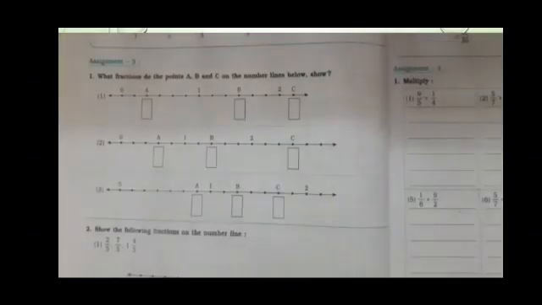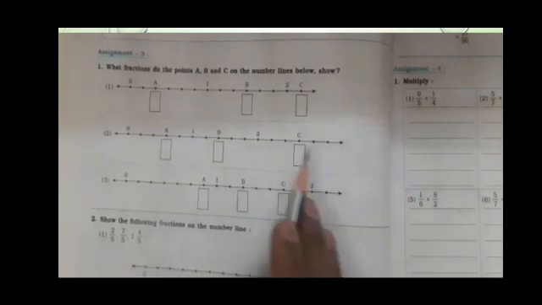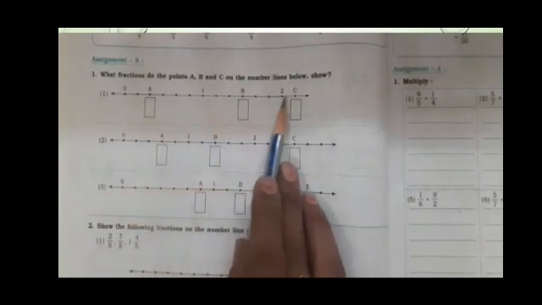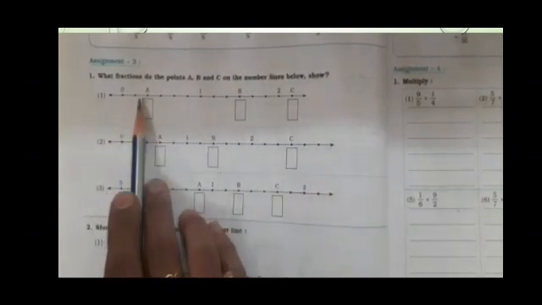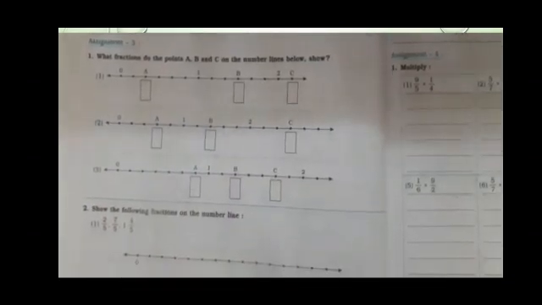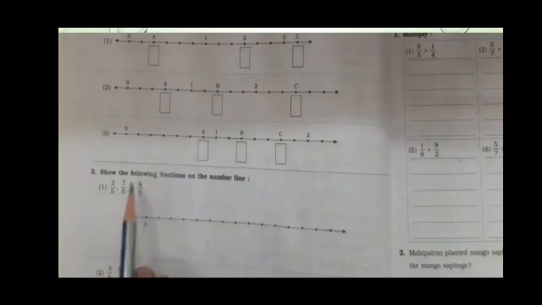Now let's solve one workbook example. Children, you can see question number 1. The number line is already drawn for you. You just have to count the number of parts between the two numbers and fill the boxes. So you can do it very easily. Now I will be solving question number 2, first one. Let me explain. 2 by 5, 7 by 5 and 1 4 by 5.